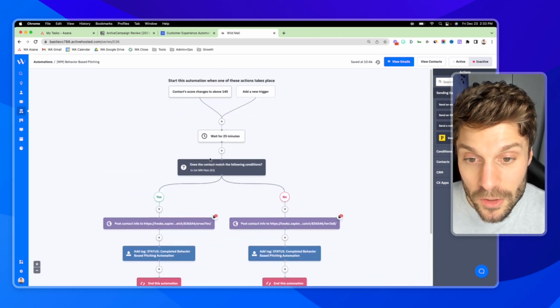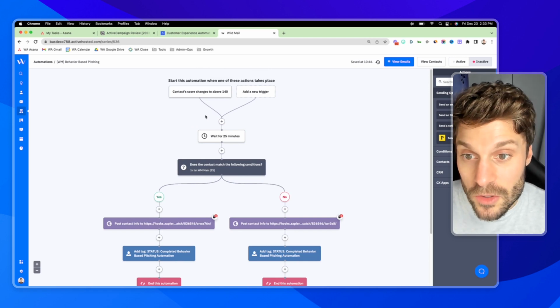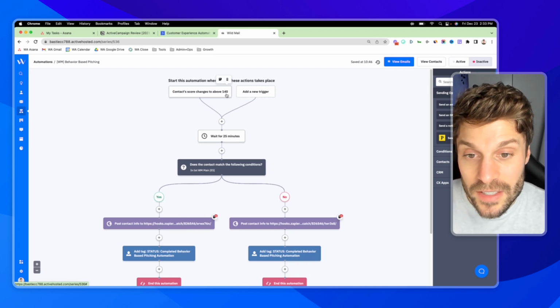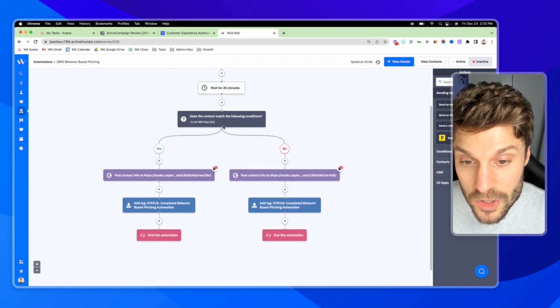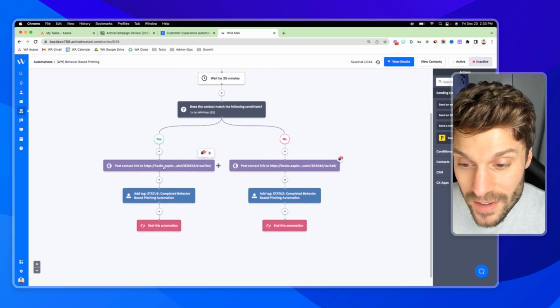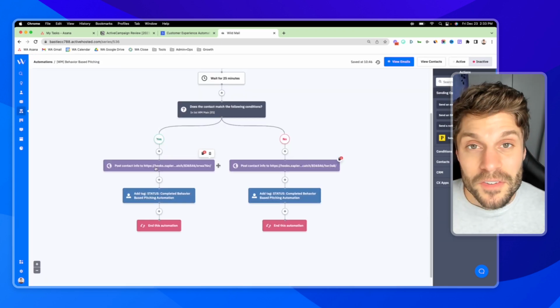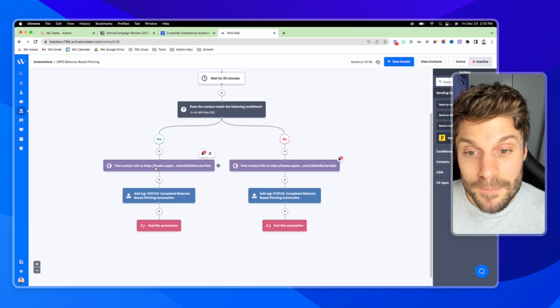You see, it's very simple to build out, but when you see the power of it on the customer end, you'll see where the value comes from in terms of increased conversions, a better experience, more engagement. So we're actually waiting until they've engaged enough with our business to reach 140. Then we're checking. We have Spanish and English contacts, so we're checking to see which language they are, and then we're firing off this here, an integration with Zapier via webhook, firing off an email that comes from one of our personal email addresses. It doesn't come through the business account, and it's very conversational, and it says essentially, hey,